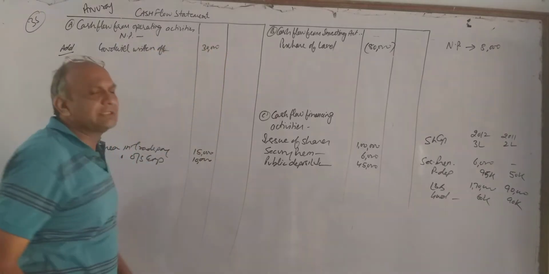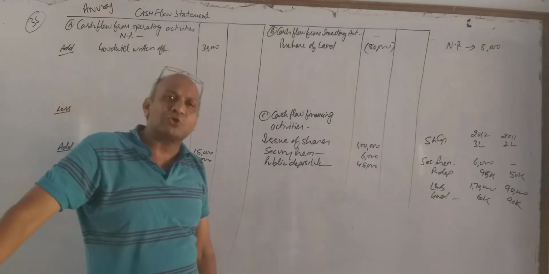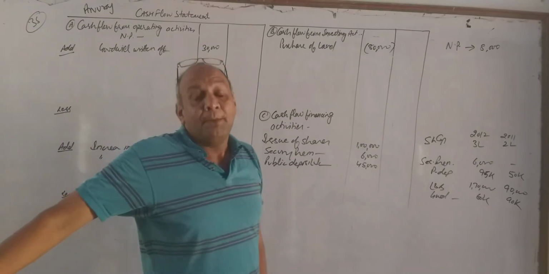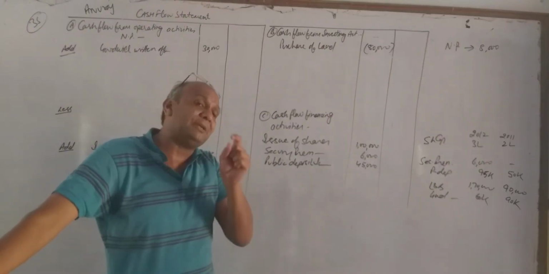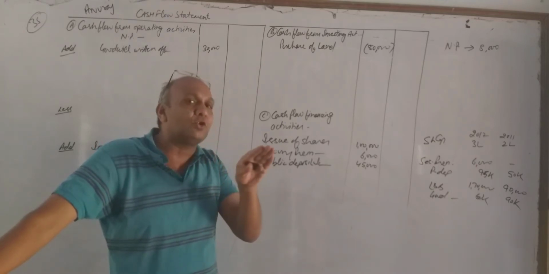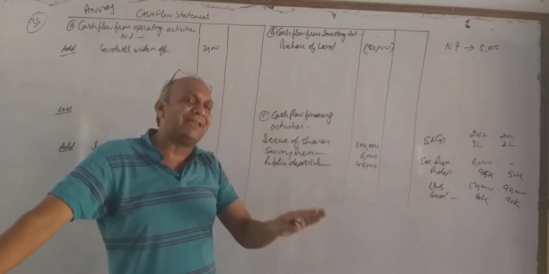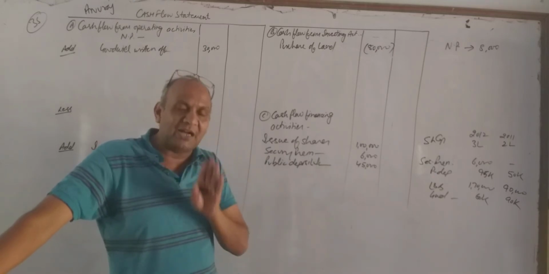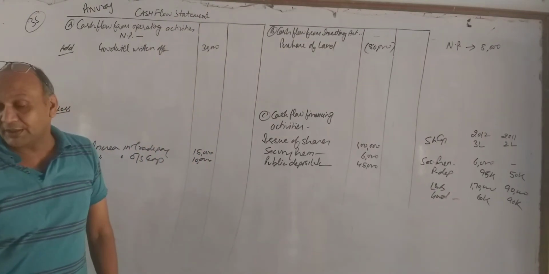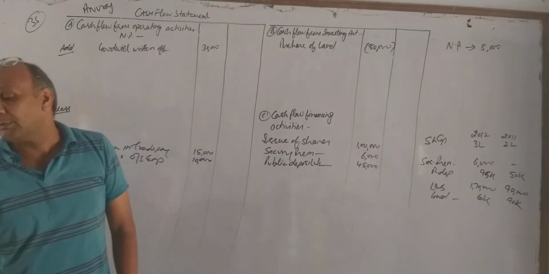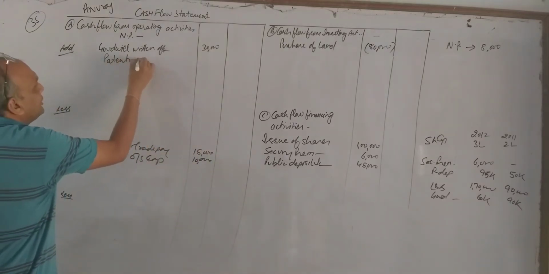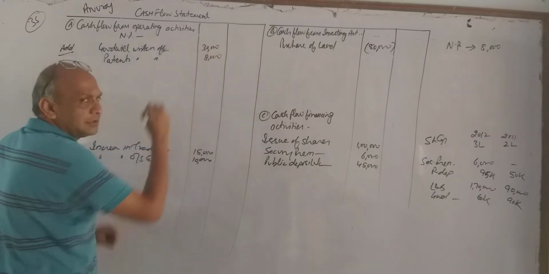आप में से कोई ये भी पूछ सकता है जब फिक्स्ड एसेट्स कम हो रही है हम उसको सेल भी मान सकते हैं, but intangible assets को हम सेल नहीं मान सकते because intangible assets cannot be sold partly. किसी भी intangible assets को टुकड़ों में नहीं बेचा जा सकता. It can be sold entirely, not in parts. That's why it is treated as goodwill written off. And next point is patents. In the same way, our patents are also reducing. So we will be showing over here patents written off rupees 8,000.